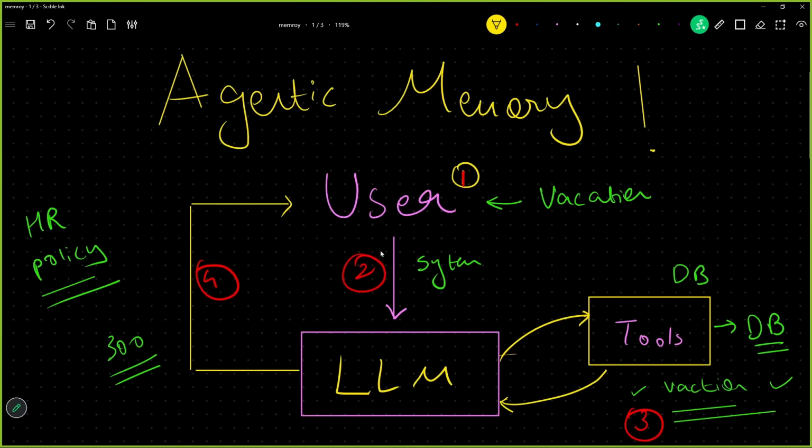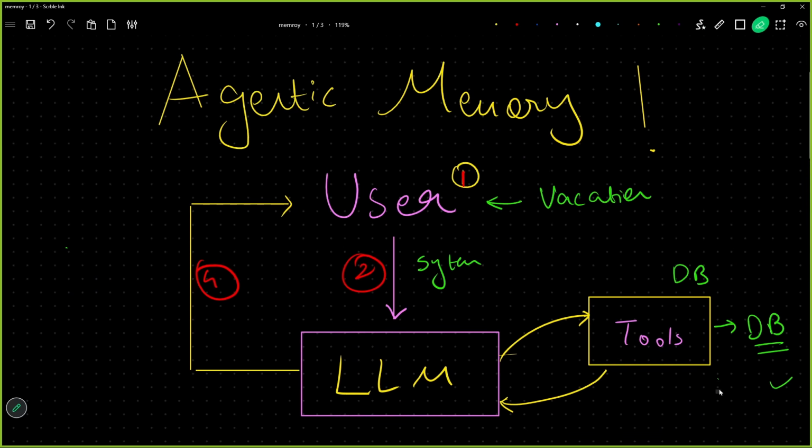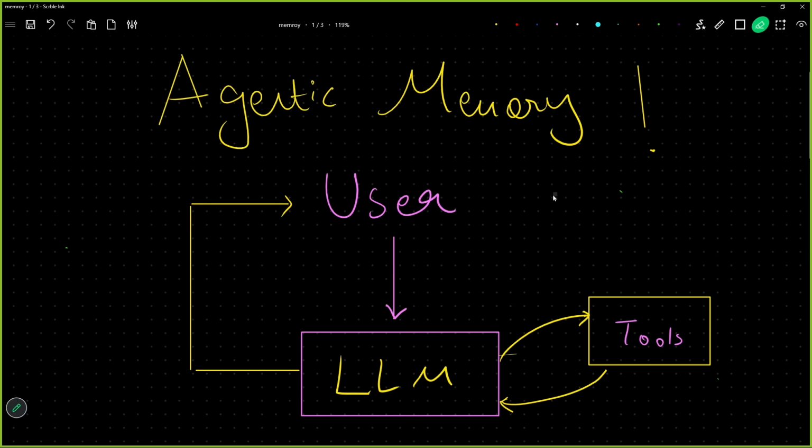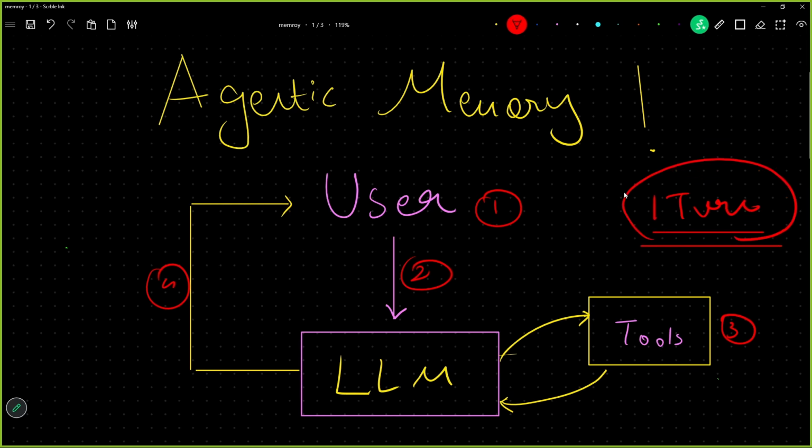What do I really mean by this? What is this turn I am talking about? We all know that this is an HR policy agent, and we have understood the different kinds of messages. We have understood this flow as well. In this flow, once the user message has come, system instructions will be given, the tool message will be retrieved, and the response will be given back to the user. Now this entire workflow, this entire thing which happened, is called one turn. One turn of an AI agent.